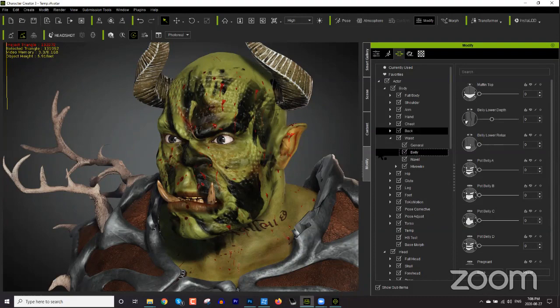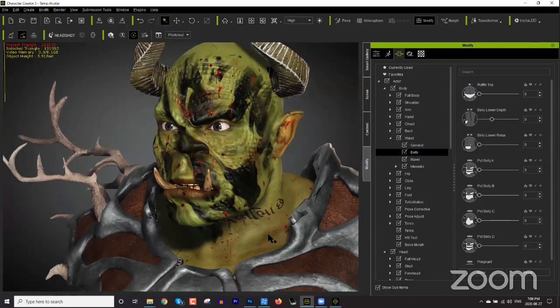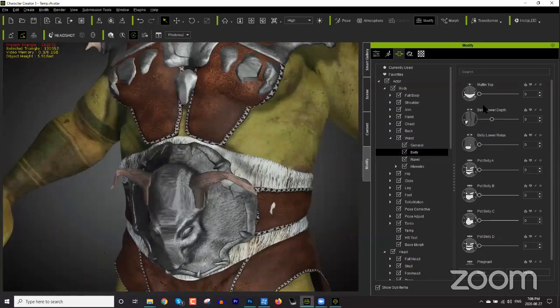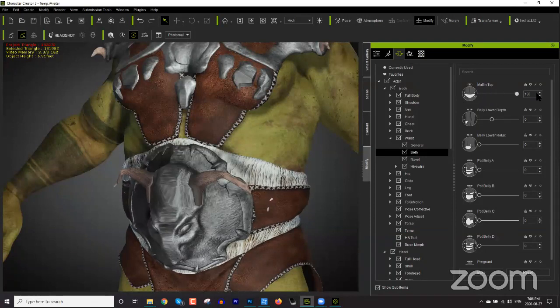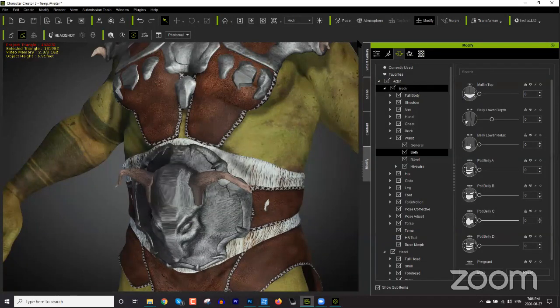So muffin top. Let's see what this orc looks like with a muffin top. It'll probably break through his mesh there, but oh no, looking okay. He's been eating a few too many muffins, or maybe a few too many human heads, so he's getting the muffin top. But yeah, I guess the original question was